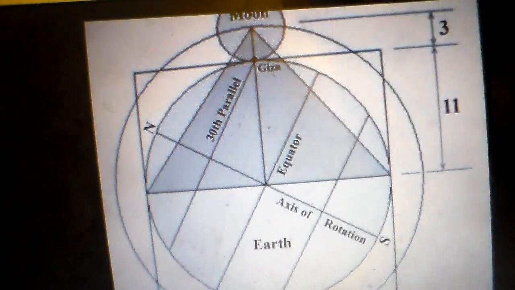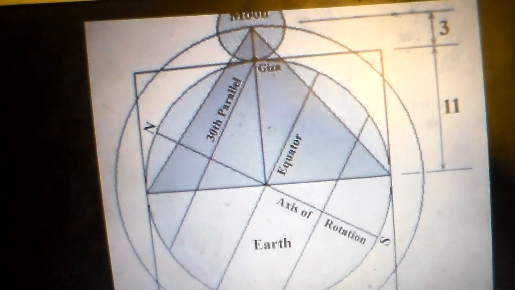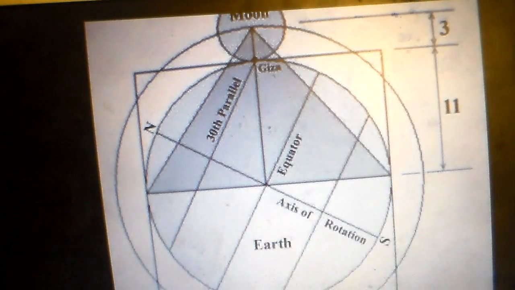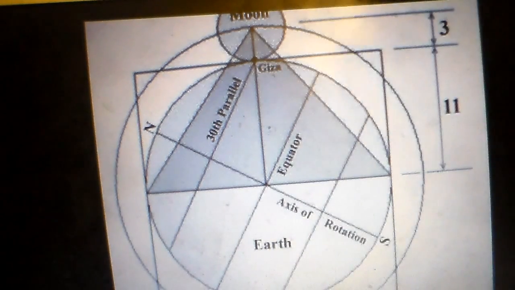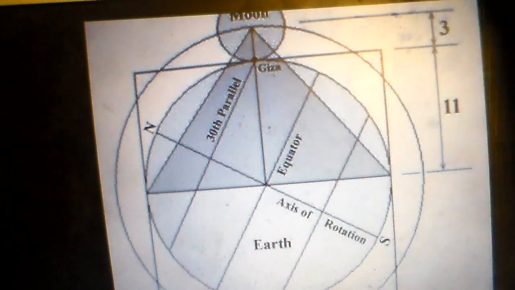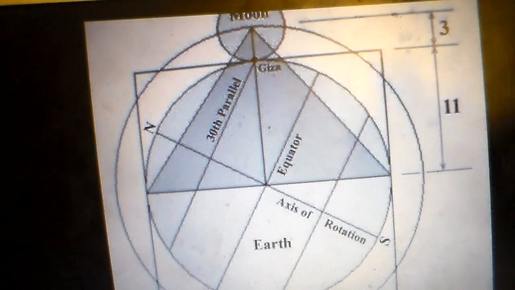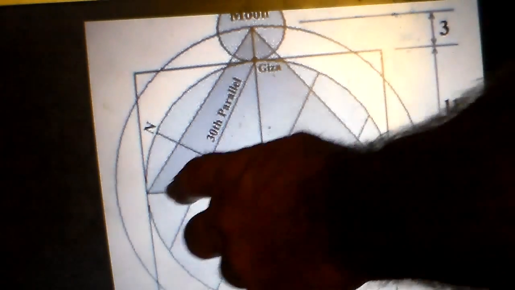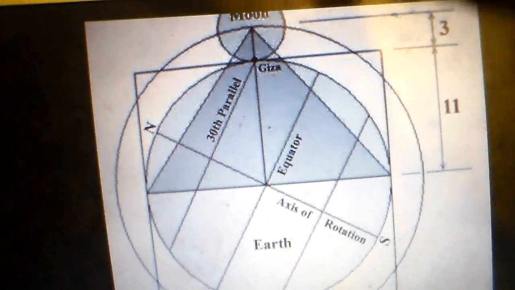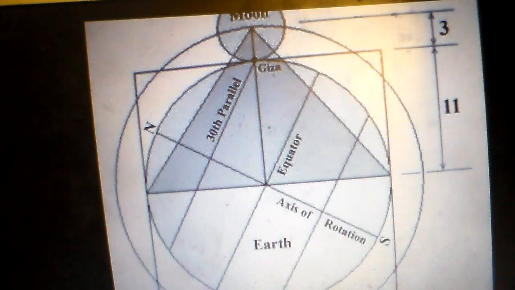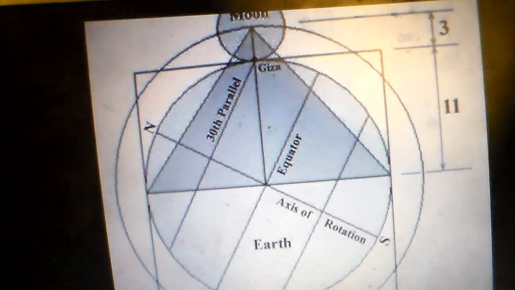For example, musical instruments are designed on the design of the ear, which is based on 7-11. The notes, there are 7 notes, and the 8th note is the number of new beginning. It was like the creation 7 days, and of course the next day was the new beginning of a new week. So 8 represents new beginning. And when you have music, you get an octave, which means 8. Every time you go through 7 notes, then you go to the next octave, which is the 8th one, and you start 7 again, A-E, the musical scale